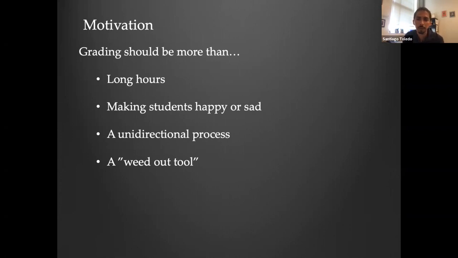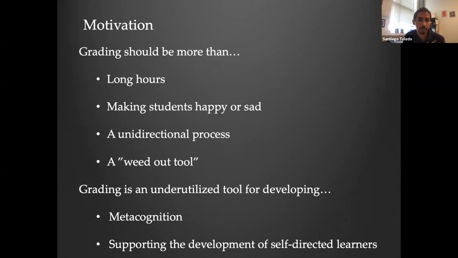And that's difficult to observe, right? We all have experienced that, where we dedicate a lot of time to give feedback, and then that doesn't necessarily come back in the form of what do they do. It also should not be necessarily used as a simple, it can be, but it might not necessarily be the best use to use it as a weed out tool, right? This is just a way of cutting people out of my class because I can't afford to have that many people in my class. So I think that beyond that, I wanted to go beyond that as an idea. I argue that grading is an underutilized tool in course design and course structure.